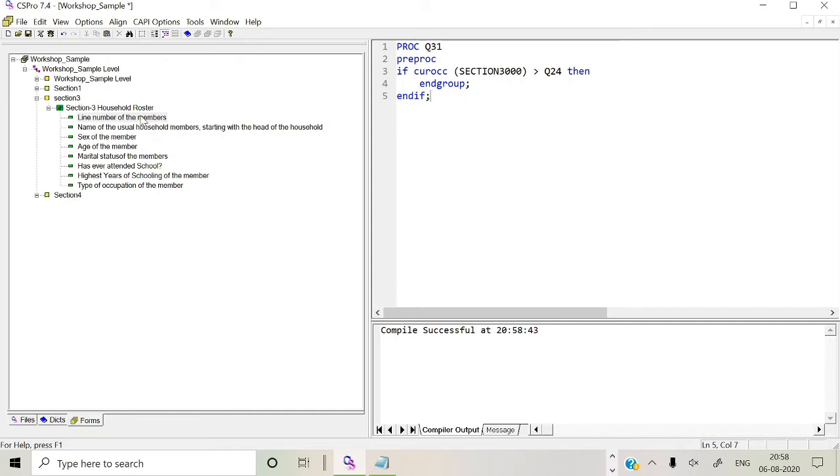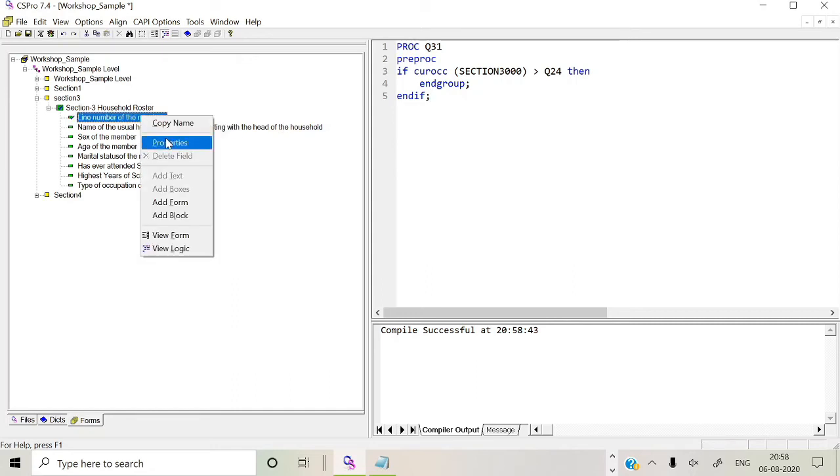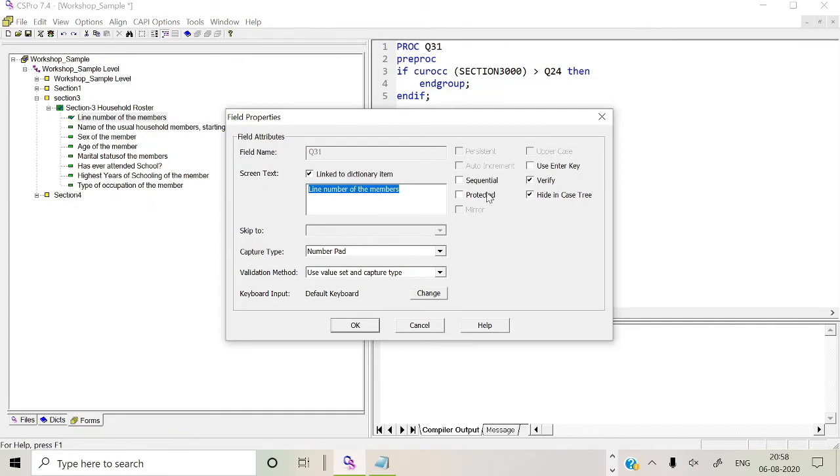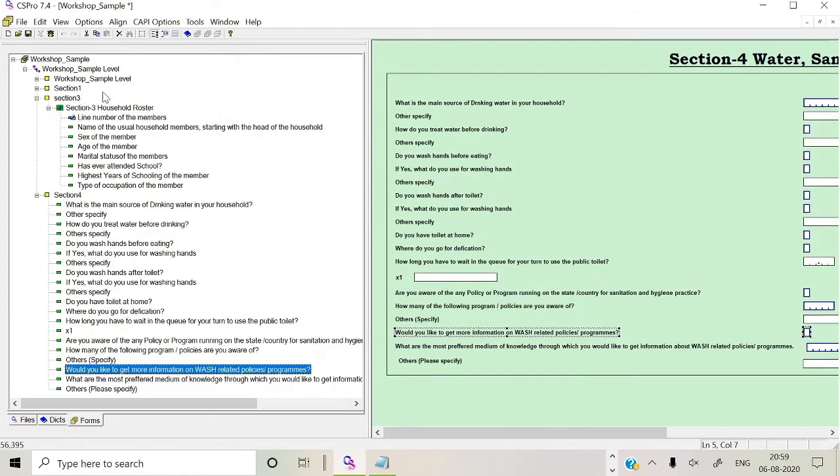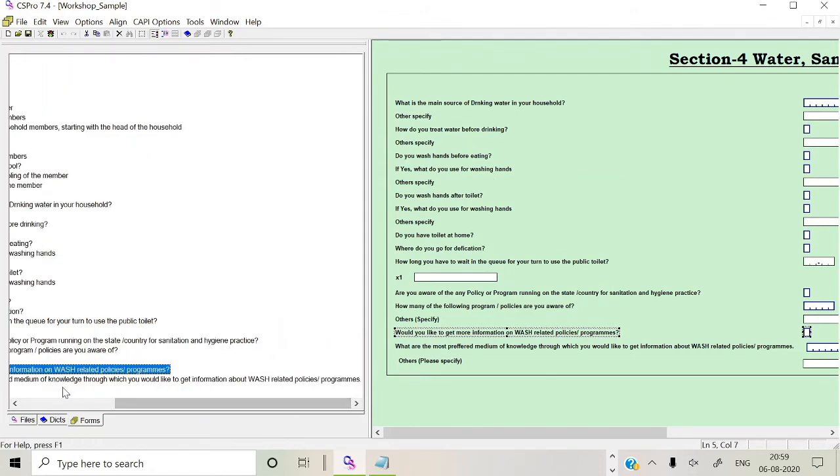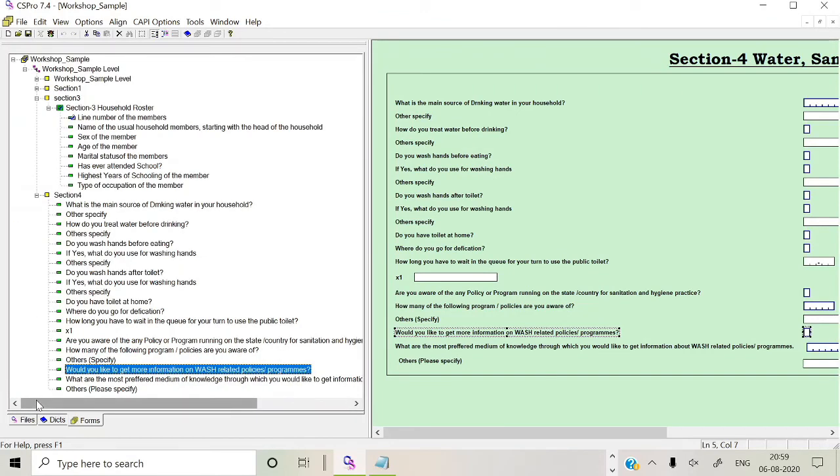And then you can protect the field, because by protecting, the line number sequence will be carried out automatically. So this is the statement, the program for controlling the roster. We have discussed how to control it without programming, and now with programming, how we control the roster.